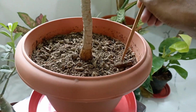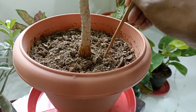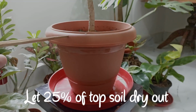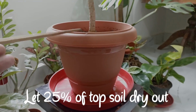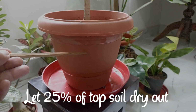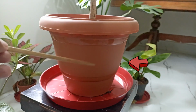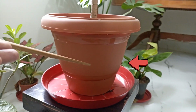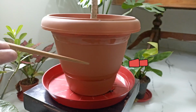Dracaena fragrans thrive in soil that maintains a steady level of moisture without becoming excessively wet. During the active growth periods of spring and summer, it's recommended to water them when the soil has dried out by approximately 25% from the surface. During the dormant phase in winter, it's beneficial to allow the soil to dry out by around 50% before watering